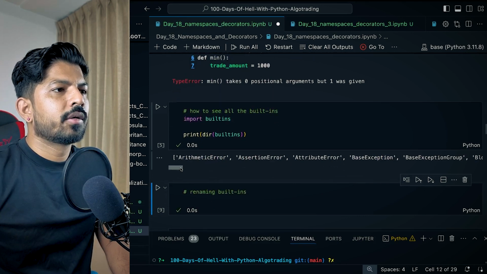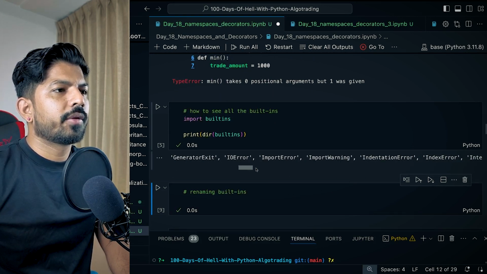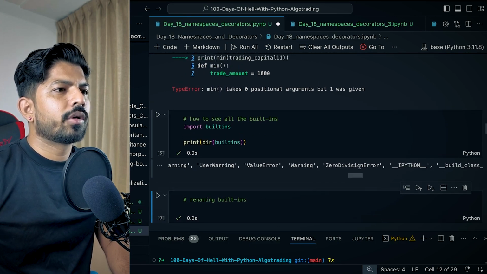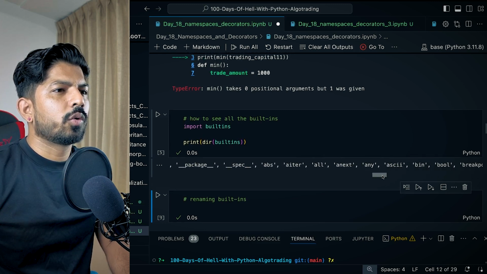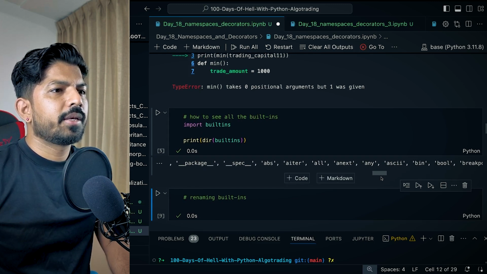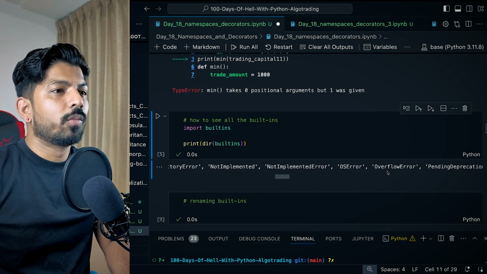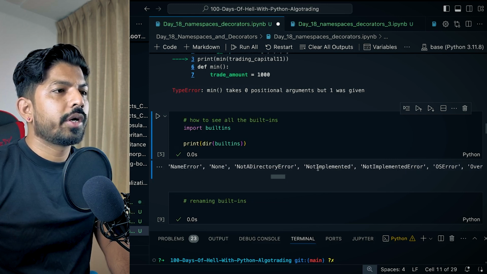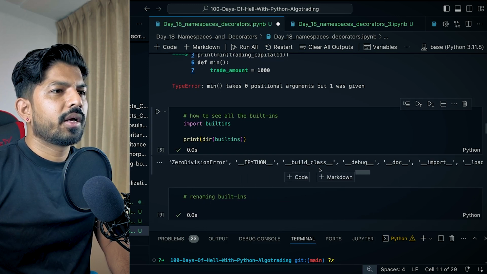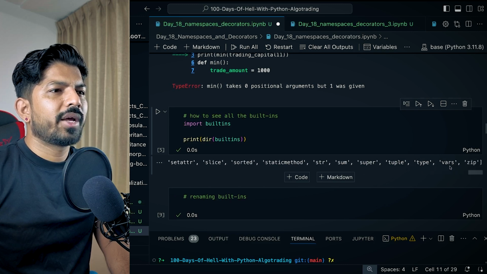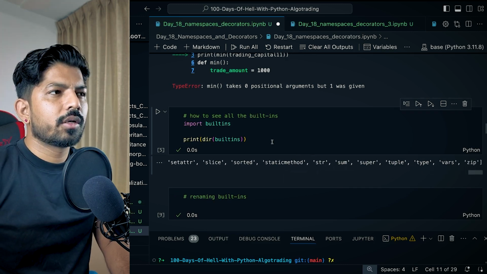The ArithmeticError, we have seen that already, the Warning, the ValueError, IPython, and all the packages, ASCII, bin, bool, we have understood most of them. The None we have seen already. And again, like we have the tuple type, this is how you can check the built-in functions.